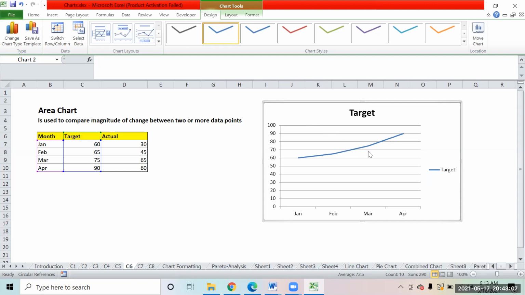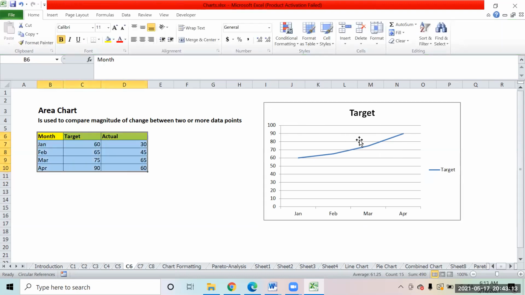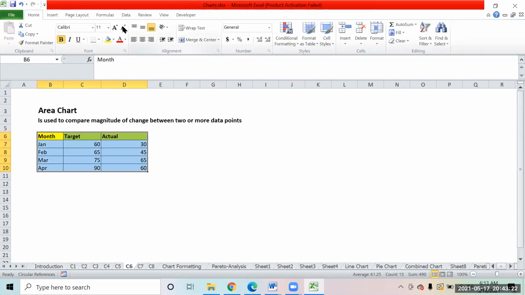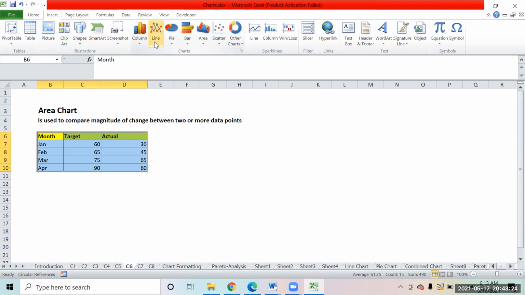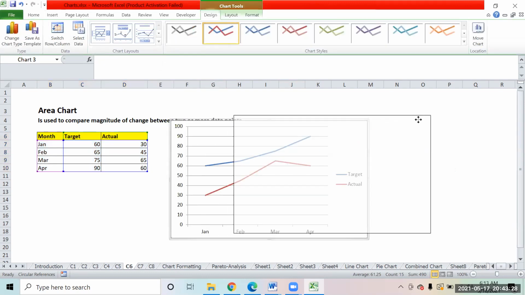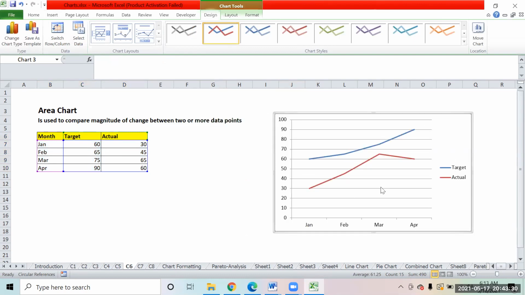But the main use of area chart is when you have two variables to compare, target and actual. Suppose if I create a line chart, let me just delete this and insert a line chart again. See what happens over here when you have two lines. Right now these two lines are easily comparable because they are a little bit different, far from each other.